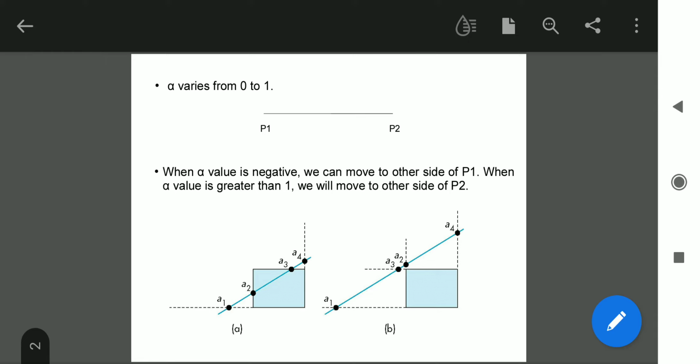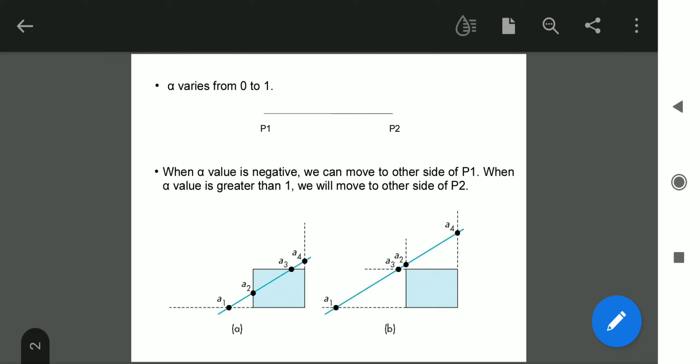Now to understand the second case, we'll consider one more line segment, that is diagram B. In diagram B, here also we are considering a line segment, and the rectangle we observe is the output window. So when we start with line clipping in the Liang-Barsky algorithm, the first thing we need to perform is calculation of the intersection points. Again we need to calculate 4 intersection points. The first intersection point alpha 1 is with respect to the y minimum value of the output window. So we'll call that alpha 1.